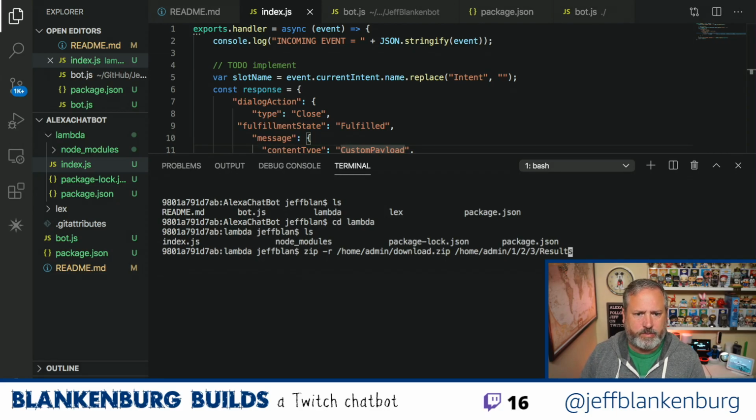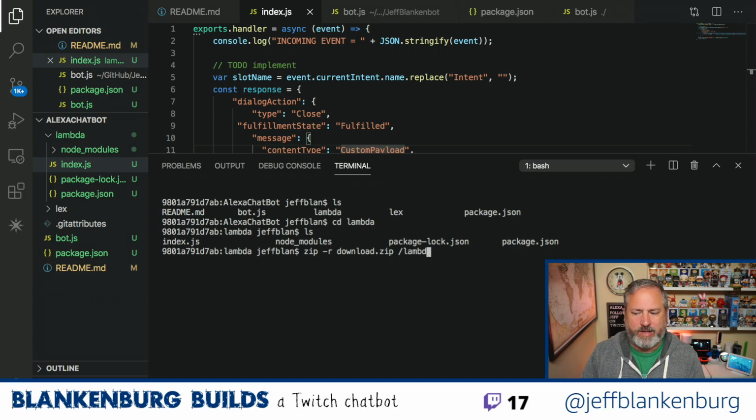I want to change this to be download.zip, but maybe I should do this in another directory. What if I just did it like this and I just say Lambda? That's not going to work, but I think that's the thing that I want to do.